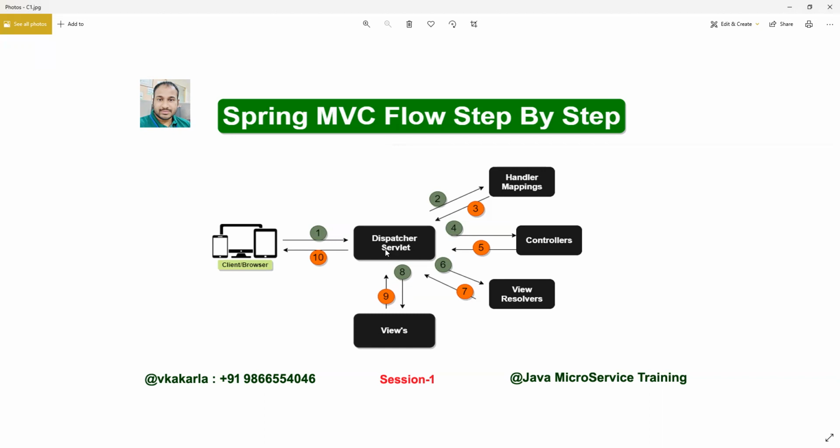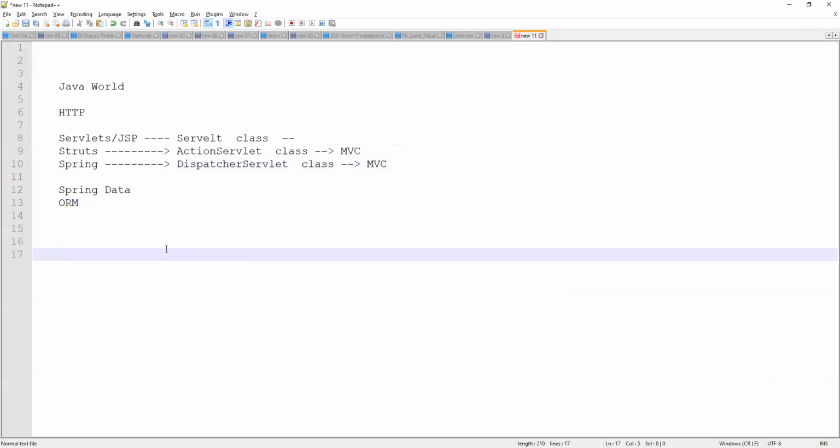This DispatcherServlet will take the request. How will the request format be? Obviously, in our web applications you know the HTTP protocol, maybe HTTPS or HTTP. We are not talking about security here. Just HTTP and localhost, colon 8080, the Tomcat server port number. Localhost is our machine name. So here, if it is an employee service, employee save or employee.